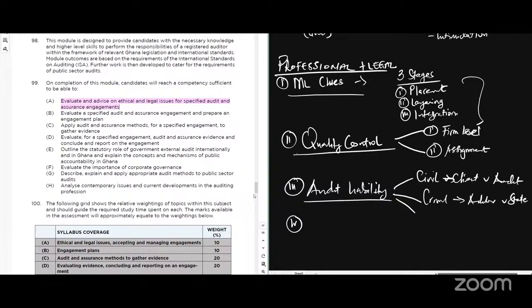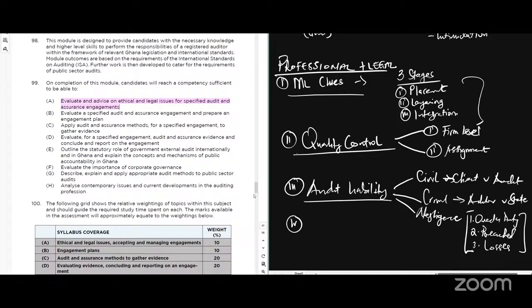Then we have negligence. Okay, negligence is the liability of tort. So this is where we have to prove if a third party is involved. We have to prove 3 things. That one, you owed a duty of care to the person. The duty was breached, and as a result, the person faced damages or losses. If this can be proven, then the auditor can be sued.